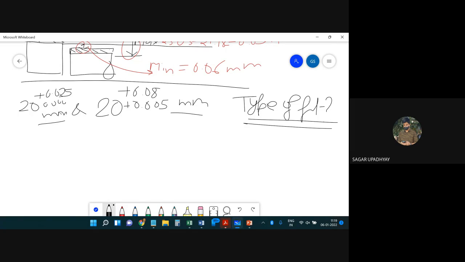So when we are calculating the maximum and minimum clearance, do we have to look at the metal condition, or we just have to see upper minus lower, the upper of one and the lower of the other for maximum? Yeah, that's all. Okay. In allowance, we seek the metal conditions, not in the clearance. So Pratik, you are getting minus 0.08 and minus 0.02. So what do you conclude? What type of fit is this?